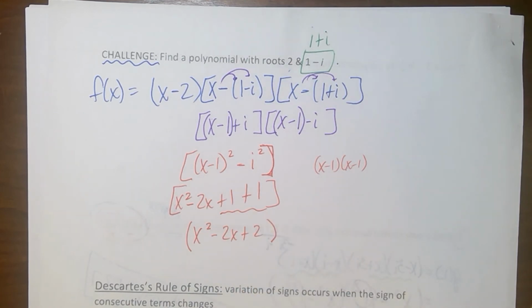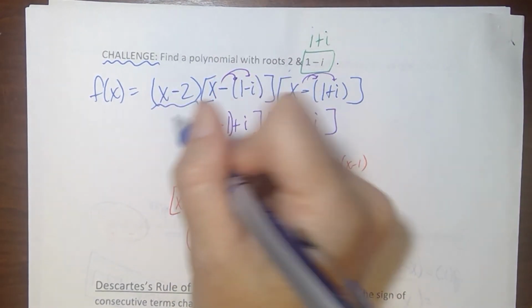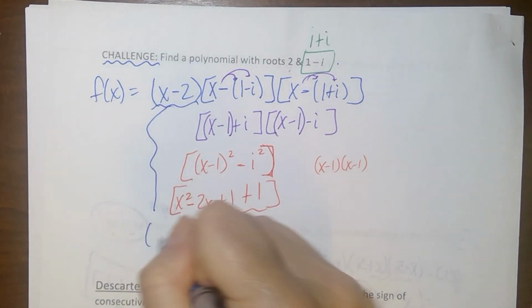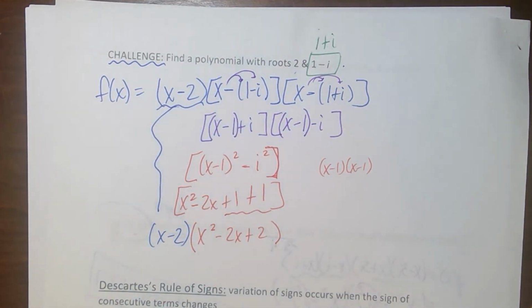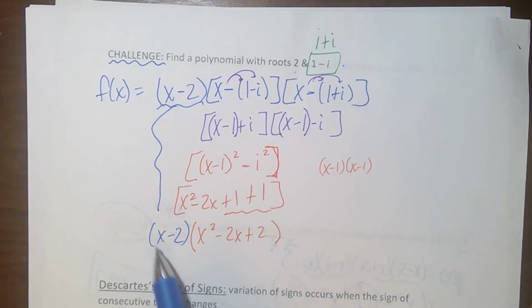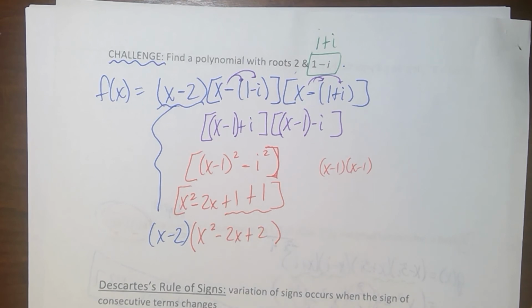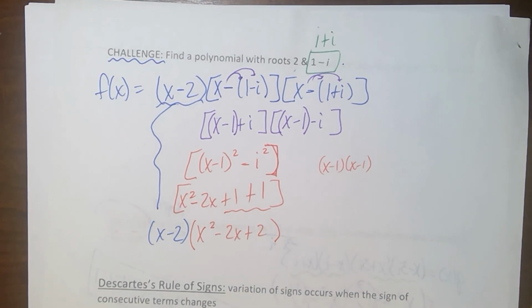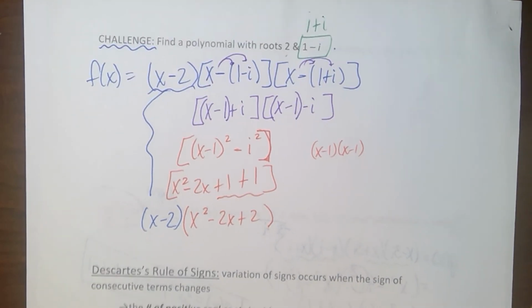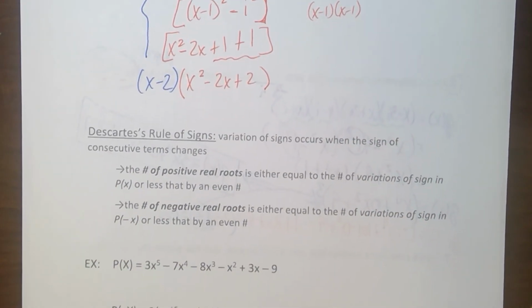And don't forget that we had this factor, so I need to bring it down, and I need to multiply that times x minus 2. I can do this by straight up distributing everything to everything else, or I could set up the grid like I did in that other example. I'm going to stop there and let you finish that on your own, and we're going to talk about Descartes'